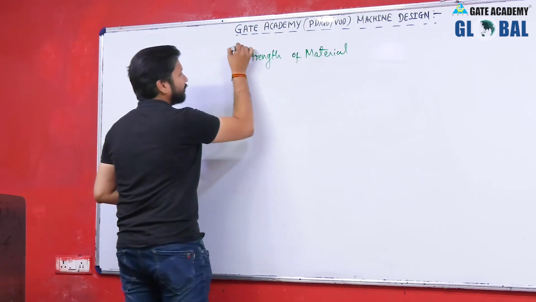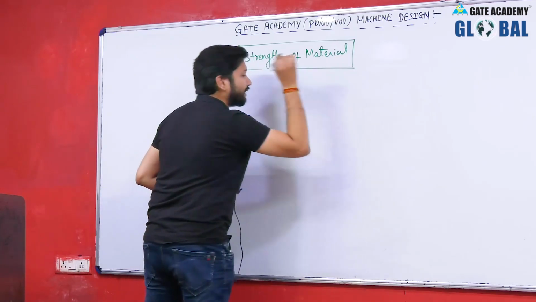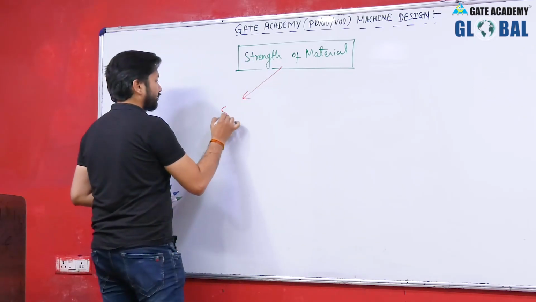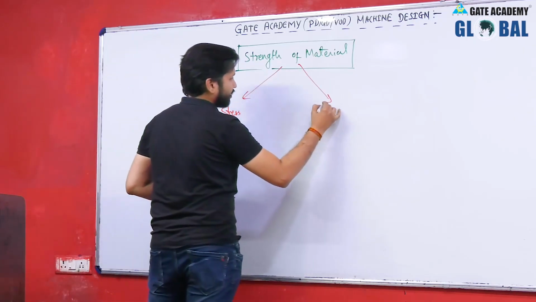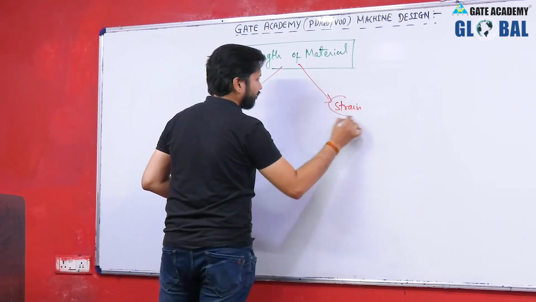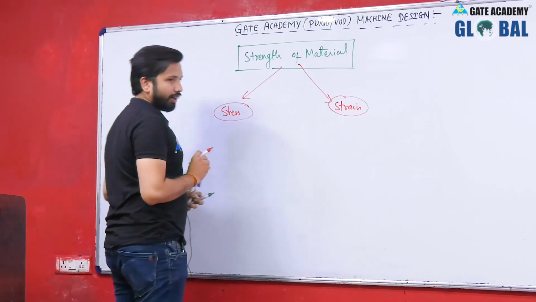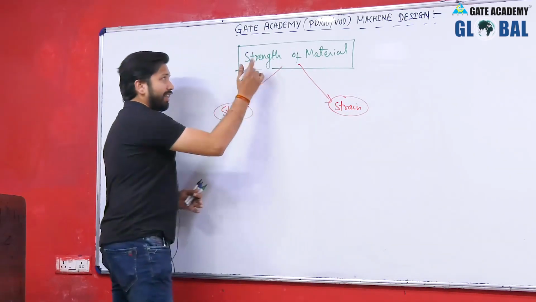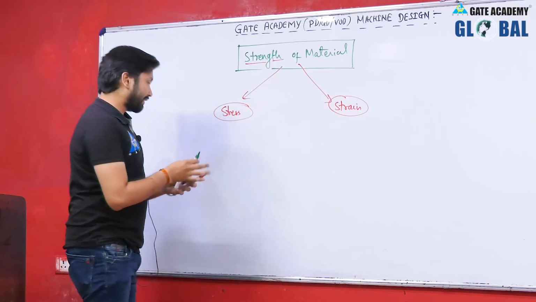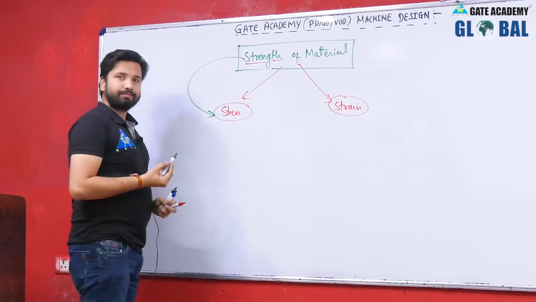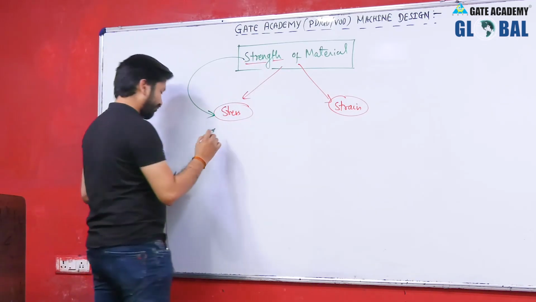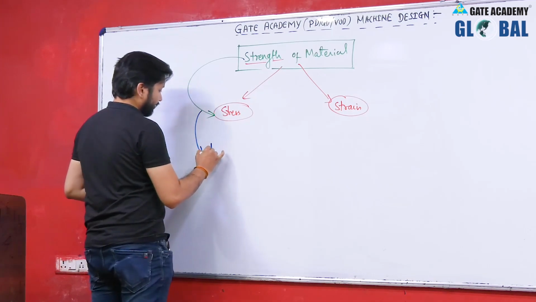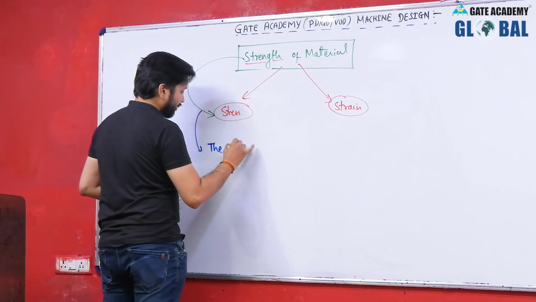If we talk about the subject strength of material, then in this subject we majorly deal with stress and strain. I will be telling you what is stress, what is strain. And here the strength of a material is nothing but the value of stress which the material can carry without failure. So, strength is nothing but the maximum stress